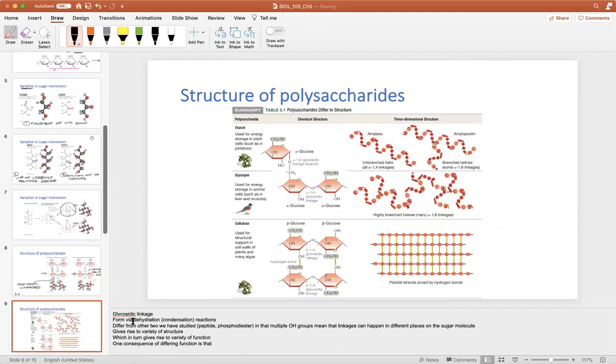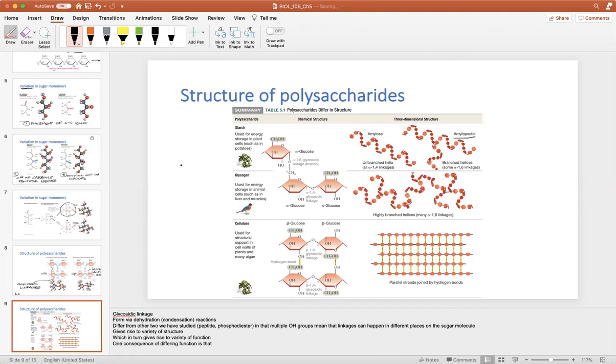All right. Let's look at some examples of some larger polysaccharide molecules that result from multiple glycosidic linkages. Starch is one example. It's used for energy storage in plant cells, like in potatoes. What you have is a whole bunch of glucose molecules linked to one another, and there are different ways they can link up. You can have a linear starch. Sometimes you can have branched starches, and those become something called amylopectin, but it's basically a polysaccharide resulting from multiple